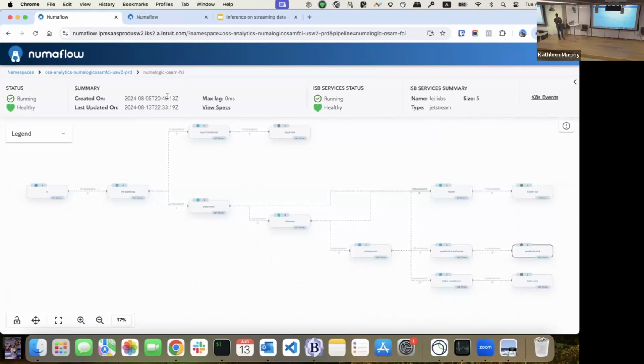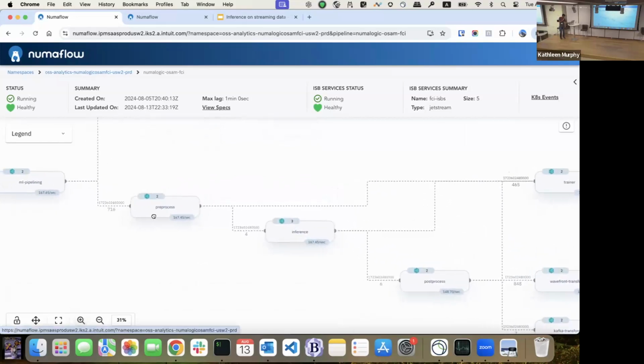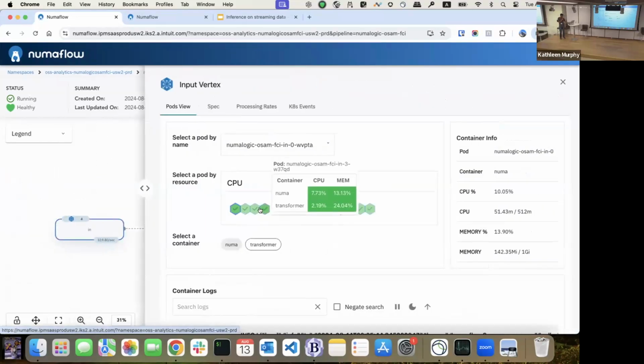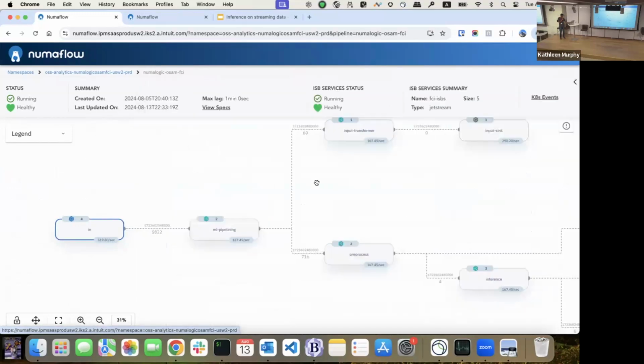And the second thing that I want to highlight is, like Derek already mentioned, anyone can use any language that they are interested in, and also you can see the auto-scaling capabilities, right? Within this pipeline itself, let me try to zoom in and touch upon a few things. You can see the pod counts for each of these steps. You have 4 pods here, and if you look at the other steps, 2 pods.